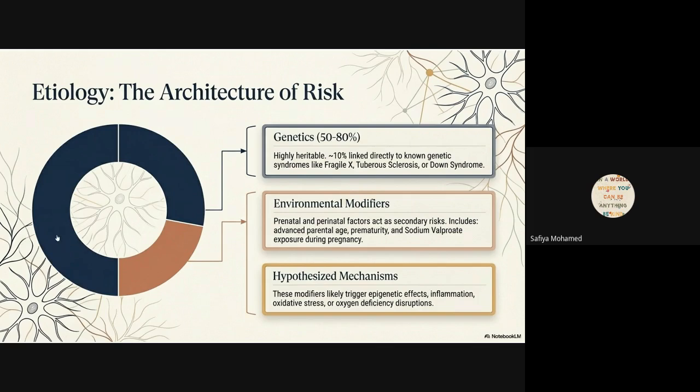Let's see. Okay, so now we're going to speak a little bit high grade English. We're speaking about etiology, which is the architecture of risk. So if you want to know how prone you or your child is to autism disorder. Number one, it could be in genetics. That means your oma, your opa, your auntie, your gogo, whoever had it, and so there's a likelihood that you or your child might have it as well. Right? 10% linked directly to known genetic syndromes like Fragile X. I'm not going to say all of those other things because I can't pronounce it. But just know that it can be passed down from generation to generation whenever they speak about genetics. Then, environmental modifiers. Prenatal and perinatal factors such as secondary risk includes advanced parental age, prematurity, and sodium valproate